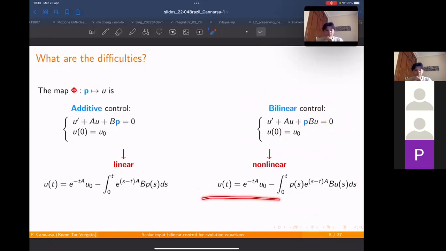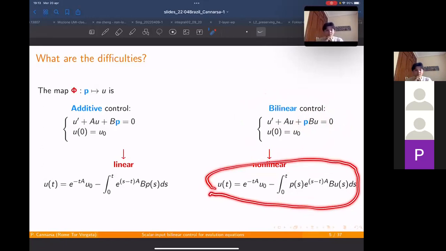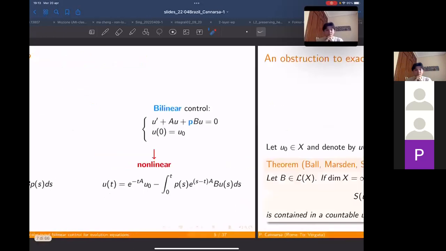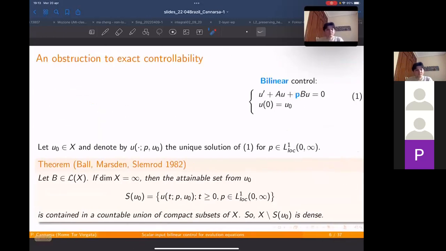And indeed, the solution can only be characterized as a fixed point of a certain map, the usual map. So indeed, this weaker control action is reflected in an abstraction to exact controllability that goes back to celebrated pioneering work by Ball, Marsden, and Slemrod, who